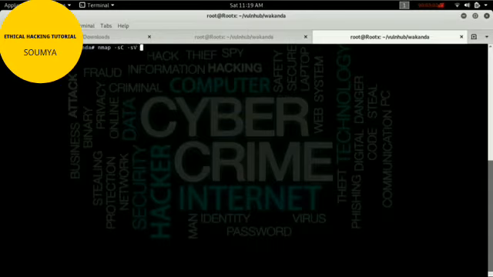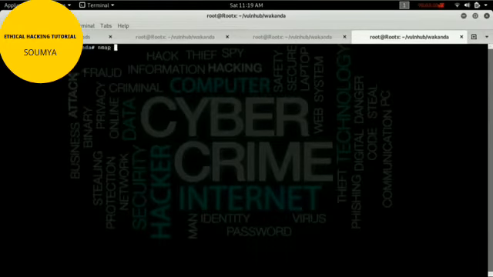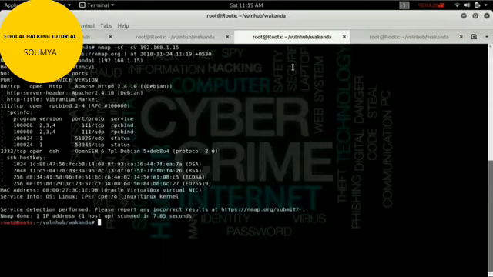First of all, I'm using nmap to start enumeration: nmap -sC -sV with the victim IP address, and also I will do an nmap script scan on the IP address. Same thing, if there is anything vulnerable, the nmap script will find it.